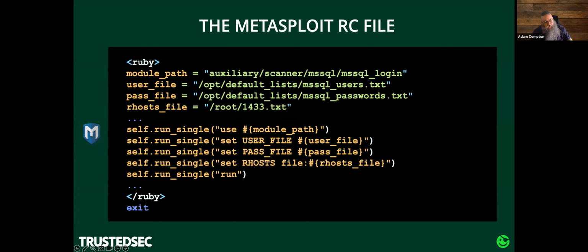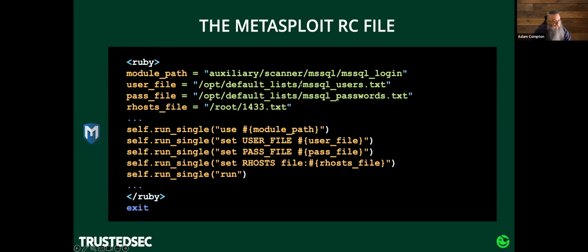So I lied. Not everything in here is going to be Bash. We do have some Ruby in here. This is just for a Metasploit RC file. You can write them differently than this. I just like using Ruby for it because it gives me a little more flexibility. You don't have to. But all this is doing, just to step through it,